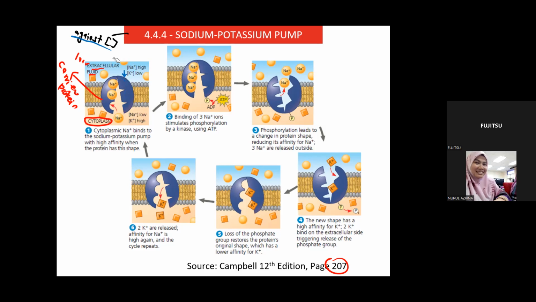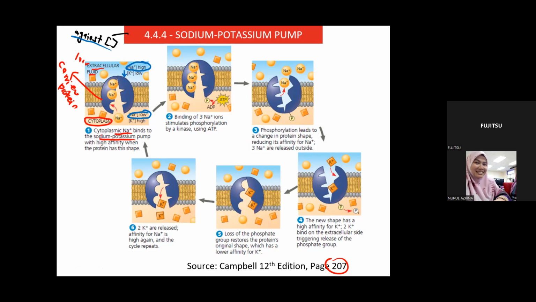Okay. Sodium first. Now sodium is low concentration at the inside and high concentration at the outside. So sodium ion will be transported out of the cell. Okay. Cytoplasmic sodium ion, maknanya sodium ion yang ada di dalam cytoplasm will bind to the sodium potassium pump,